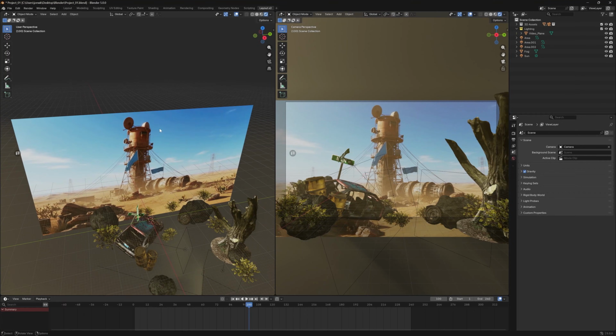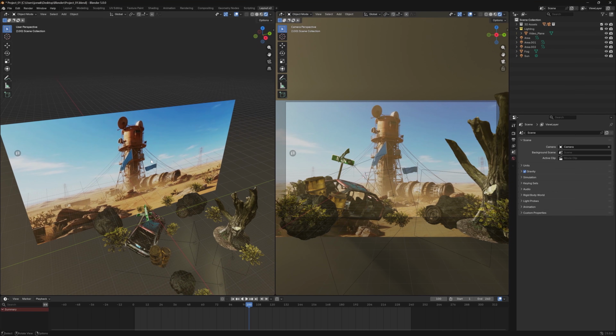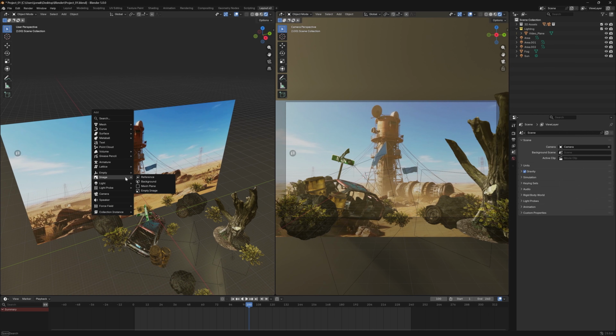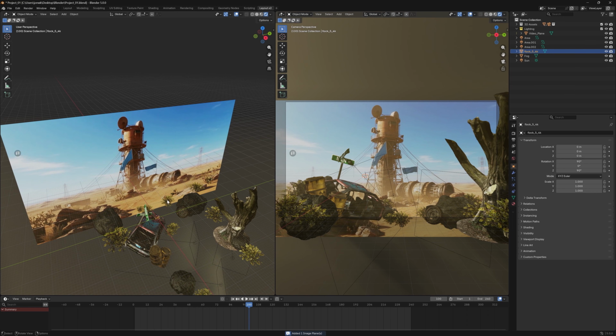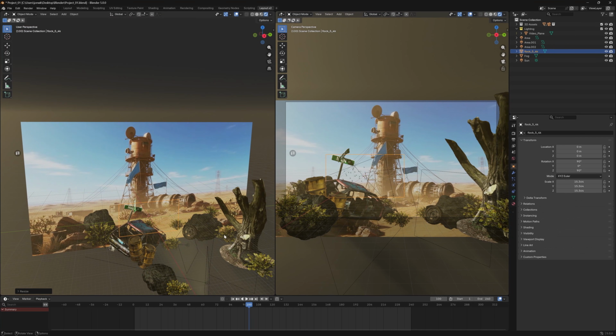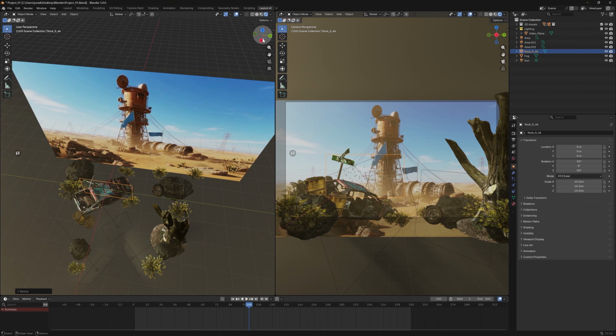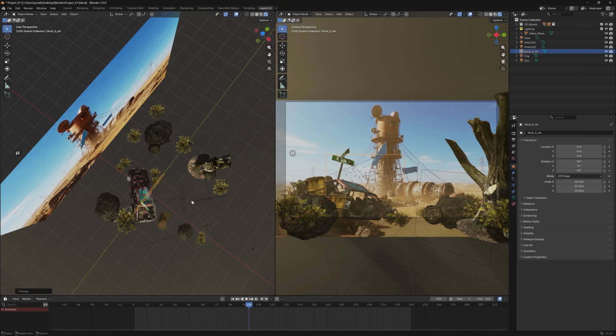So just like how we imported our original video to the project, we're going to do exactly the same for our stock footage. So just press Shift A on the keyboard, go to Image, and then select Mesh Plane. Select our flock of birds, import that, and then press S on the keyboard to scale that up so we can see where it is and what it looks like in our scene. Now we're just going to move them a little bit closer to our image plane, so just press G on the keyboard and then X to move it along the X axis, just to make sure that it's closer to our